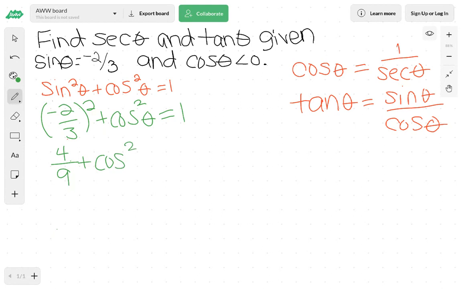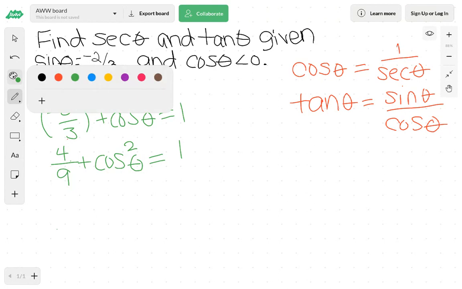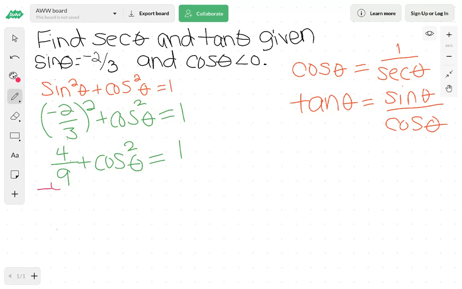But I want the cosine to be by itself, which means I have to move the 4/9 to the other side. So I'm going to subtract it to the other side, which means it's going to cancel out from here. And now over here, the thing I like about the Pythagorean identities is it always has a 1. And I can always change a 1 to a number over itself. So I can make that 1 9/9. And that makes my subtraction of fractions very easy. So now I have cosine squared theta is equal to 9 minus 4, which is